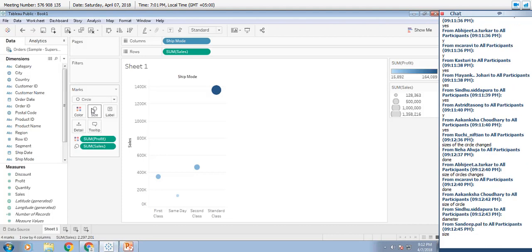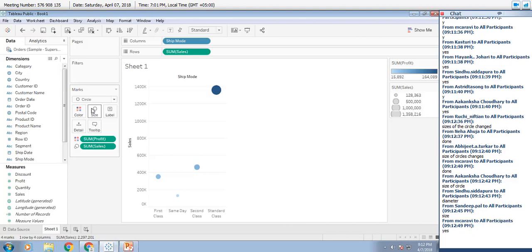The diameter or the radius of the circles has changed based on the sales that particular ship mode has achieved. Higher the sales, bigger the circle. Now it makes it even easier for your eyes to understand that something of great importance is happening in Standard Class. Not only is it giving you the highest profit, it is also generating the highest sales.